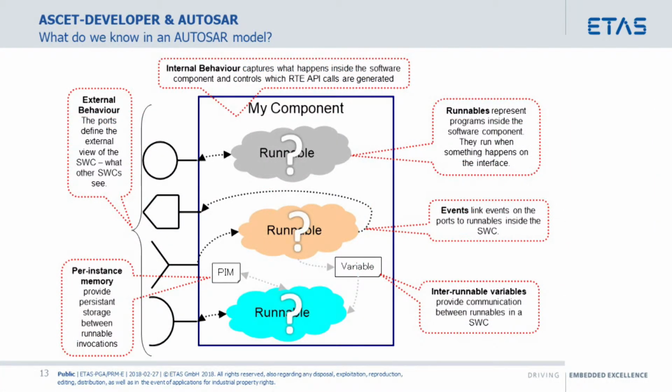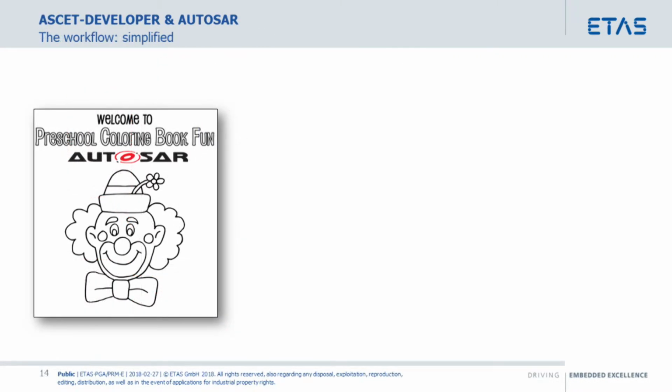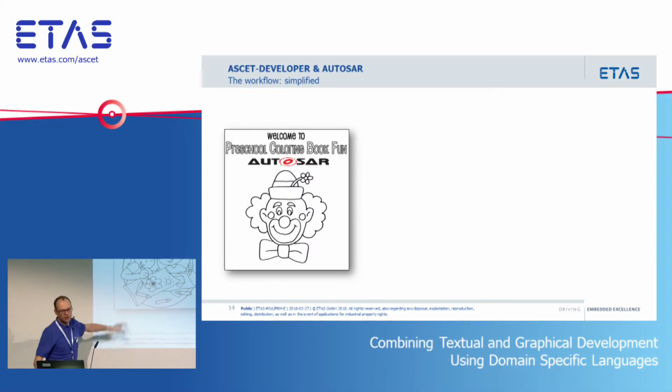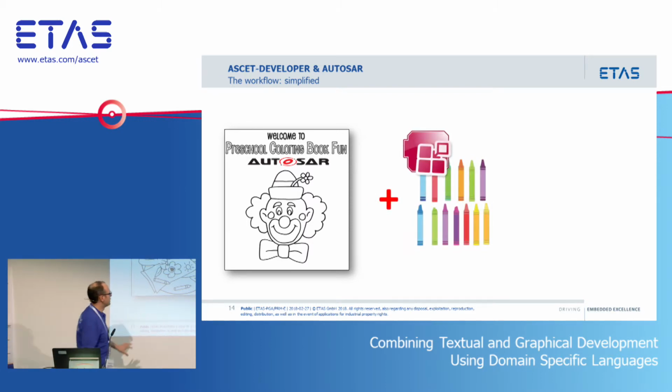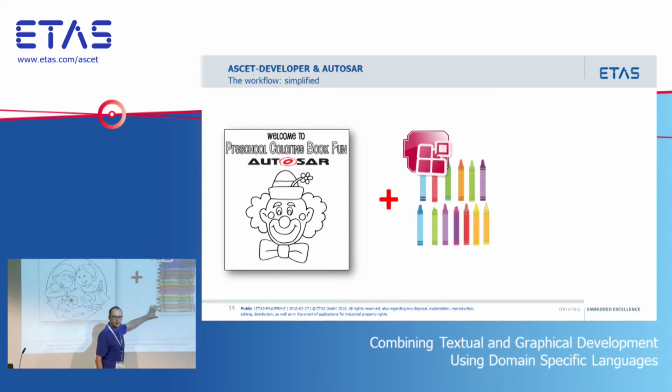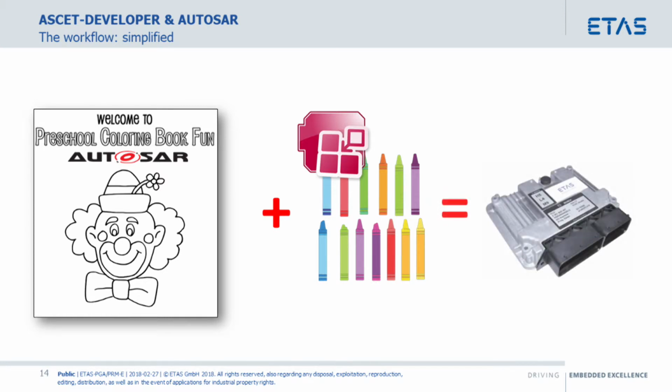So, sorry. The thing that's missing is essentially filling in those runnables and defining how those runnables communicate with the rest of that software component. And that's what we're going to do in ASCII land. What AUTOSAR gives us, and what we get from ISLArray, is essentially the preschool coloring book. We get a nice black and white picture, and we need to now color that in somehow. So what we're going to do with ASCII is take these ASCII crayons, color that in and produce an ECU. That's what we do in ASCII.